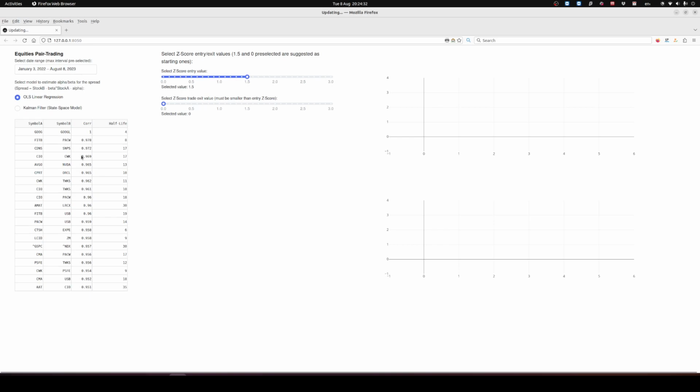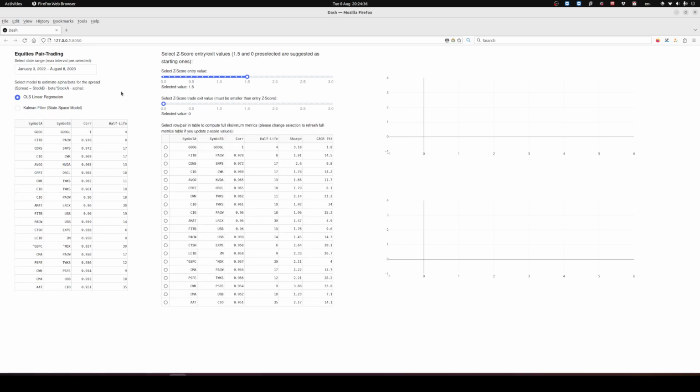And as we can see here, there is a pop-up which tells that the model is estimated. So in the background, what happens is that I compute the correlations between all the different pairs of symbols that I have in the database. Then I rank all of them according to the correlation value, and I select only some of those so that we can show the actual results in the dashboard, because otherwise there would be a lot of pairs. So in this case, I rank by the correlation. And then after I select these, I go and compute the model, in this case the linear regression,